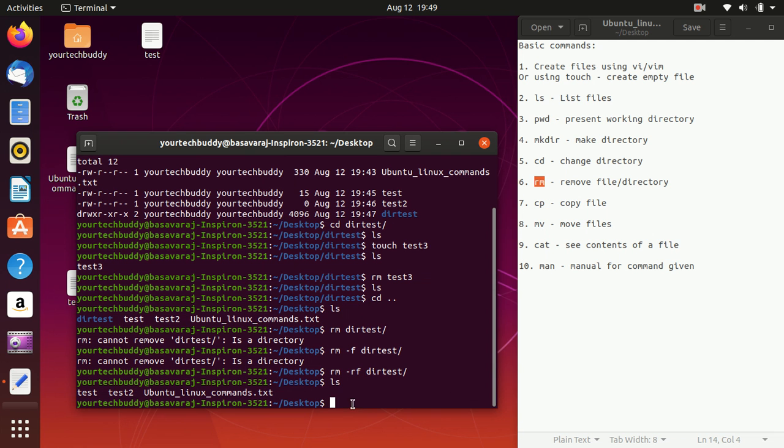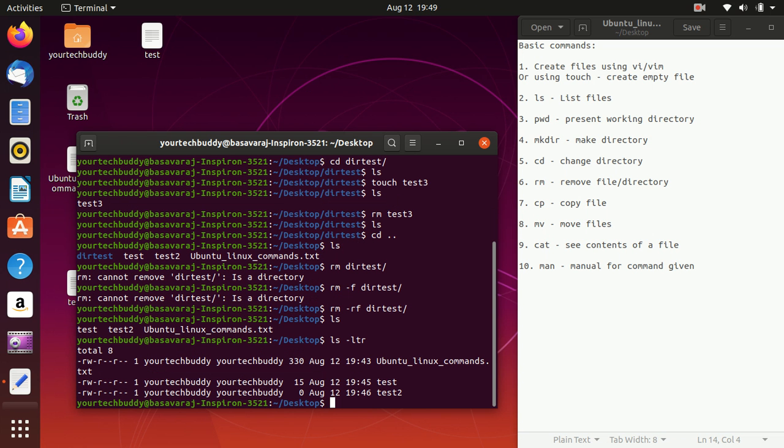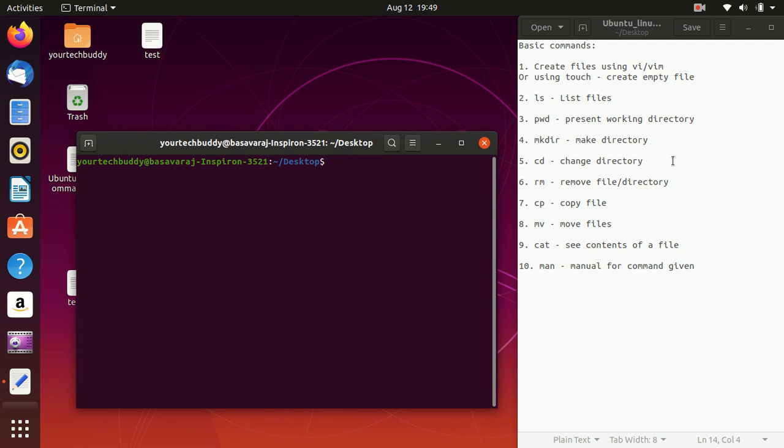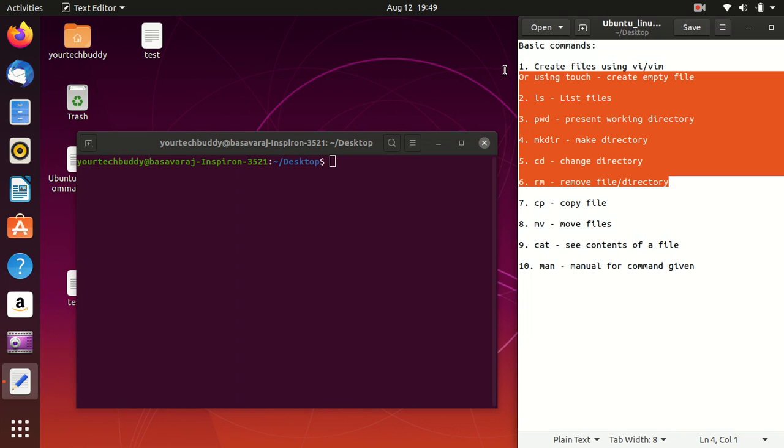Hyphen rf means it recursively and forcefully deletes the directory which is present in the current working directory. You can see the directory which was present earlier is now not present. It got deleted when I executed the command rm -rf dirtest. Okay, we covered the first six commands.